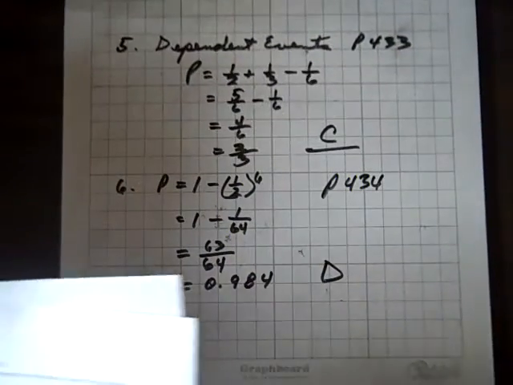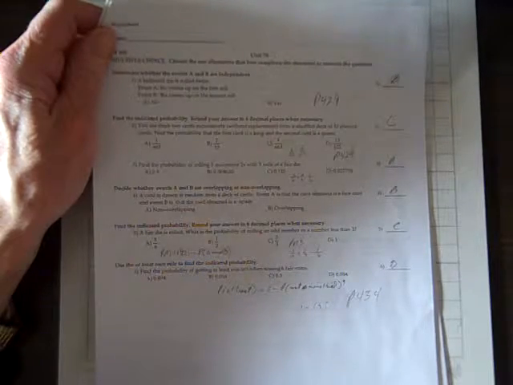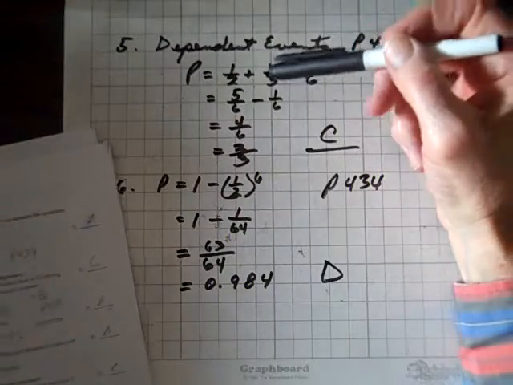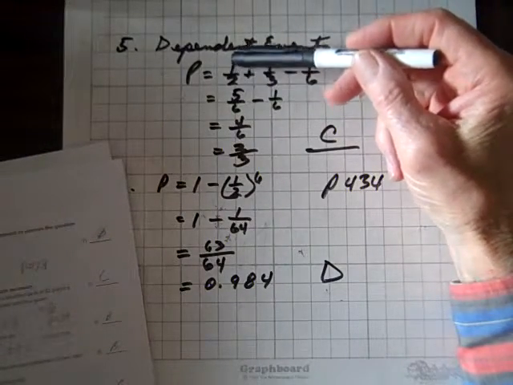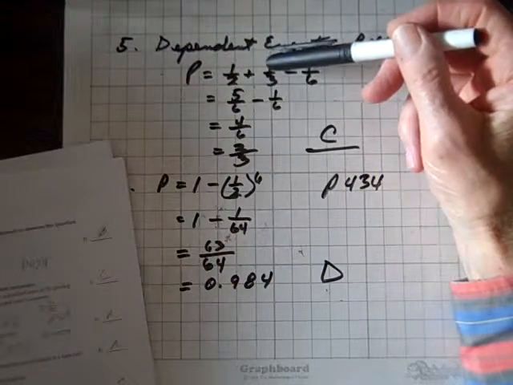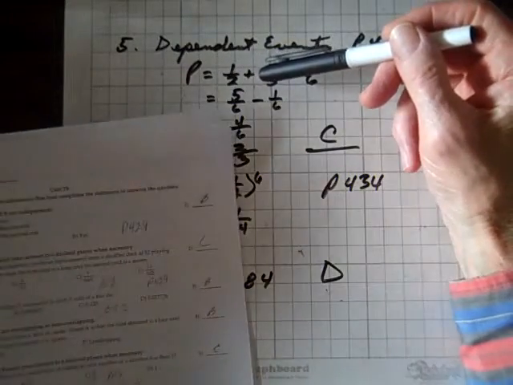Now for 5. We've got another dependent event situation. A fair die is rolled. What is the probability of rolling an odd number or a number less than 3? Well, the probability of rolling an odd number is 1 over 2. There's 3 odds and 3 evens. The probability of rolling a